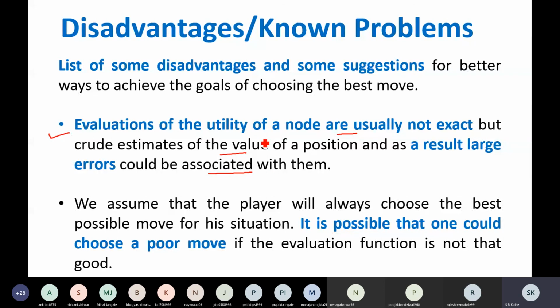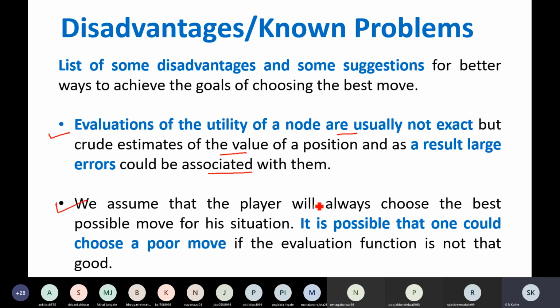Usually they are not exact because you use some heuristic function there. These are estimates. And our whole functioning of alpha beta is based on that. So if the utility function we use is not appropriate, then you may not be able to achieve that efficiency.